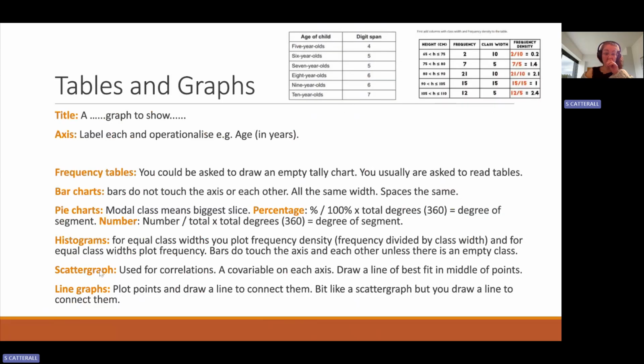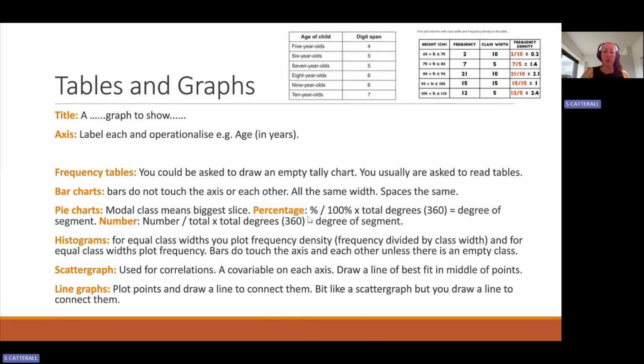If it's a correlation, you want a scatter graph, as we've mentioned before. Make sure there's a line of best fit on there. So you could be asked to draw these or say which one's appropriate and why. They do like to ask about pie charts. They often put the circle on for you. So you might want to have a protractor, but you can just do a sketch. If it's an easier one to know, you can sketch it, but you might just want a protractor just to make yourself feel more confident